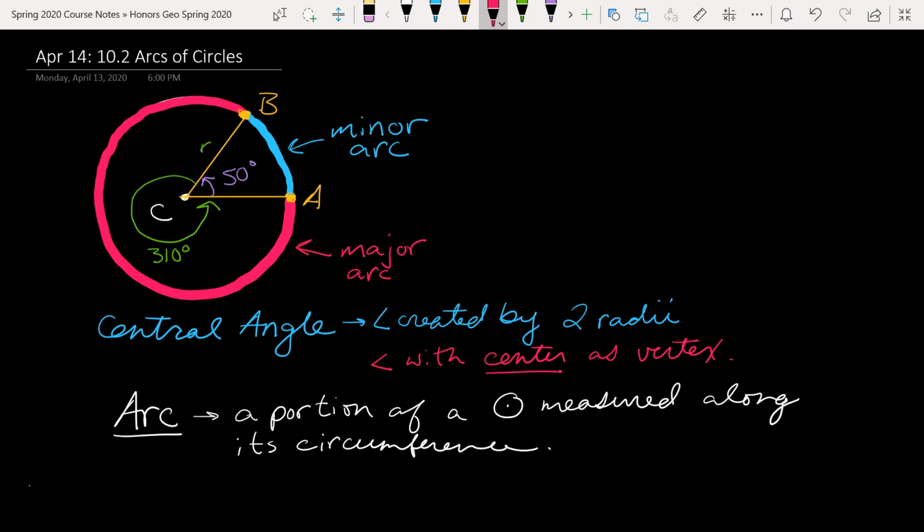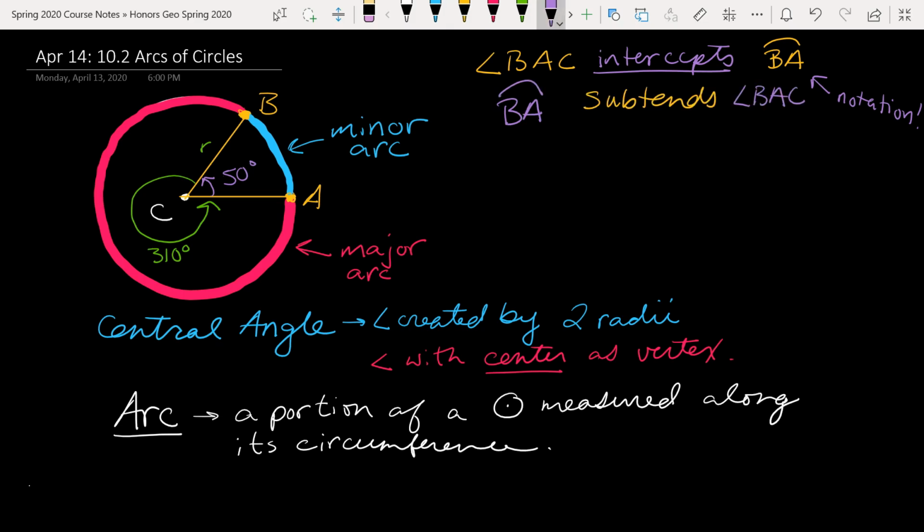When this happens, we say that BAC intercepts arc BA. And that's the notation we're going to use for arc BA. Just put an arc above BA rather than a segment symbol. Going in the other direction, we can say that arc BA subtends angle BAC. A couple of fancy words, but you'll definitely hear of them in the next few videos, so I thought I might introduce them now. So the only question left unanswered here is,